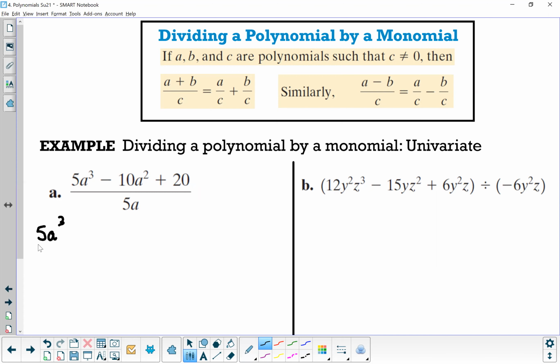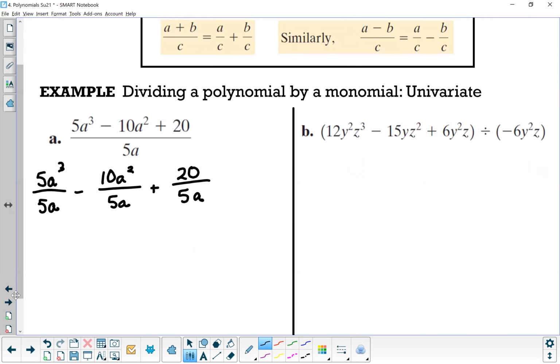5a cubed divided by 5a minus, and then we have 10a squared divided by 5a plus 20 divided by 5a. And then we would just simplify these three fractions and remember to use the quotient rule with your exponents. So starting with the first fraction, the 5 divided by 5, that will reduce, and then we have a